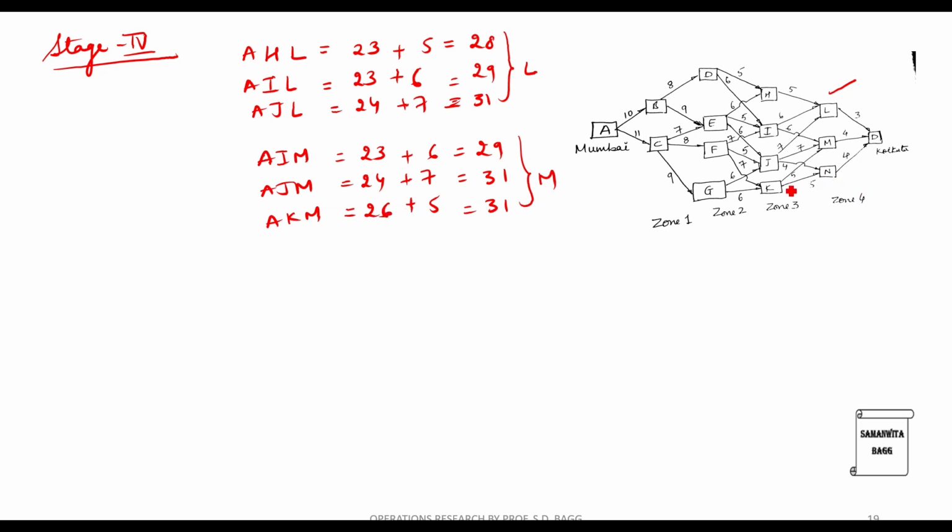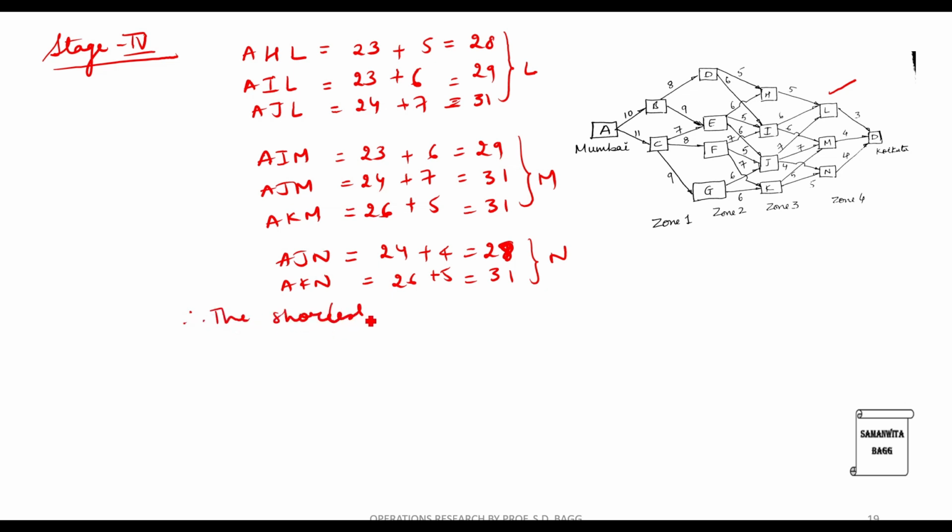Next, I write down for N. There are two routes. One is AJN and one is AKN. A to J 24, A to K 26. J to N is 4, K to N is 5. So this is 28 and this is 31. This is N. So I'll write down, therefore, the shortest